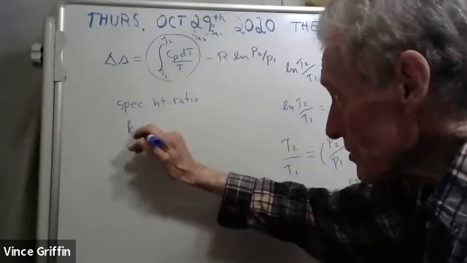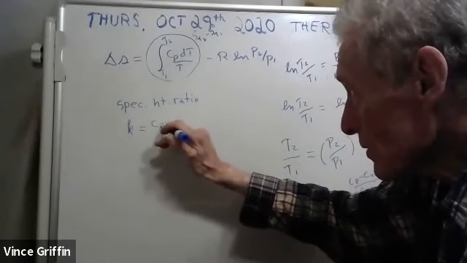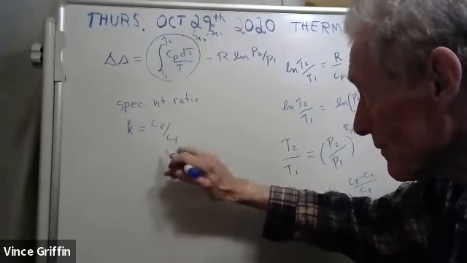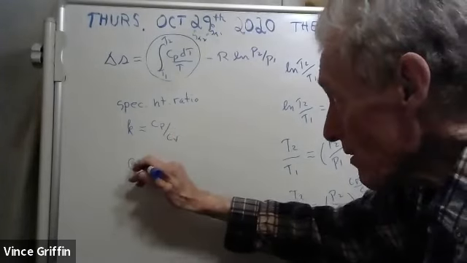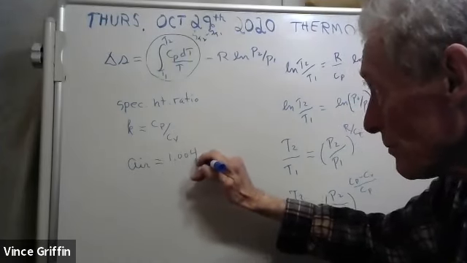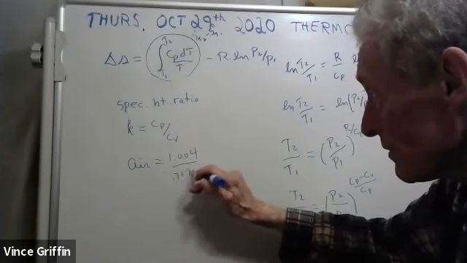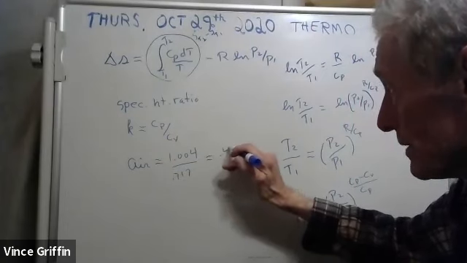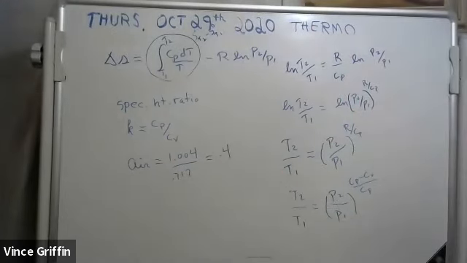It's a little symbol K. It's equal to C sub P over C sub V. For air, you know what it would be? It would be 1.004 divided by 0.717. Do that with me. Take 1.004, divide by 0.717, and see if you get